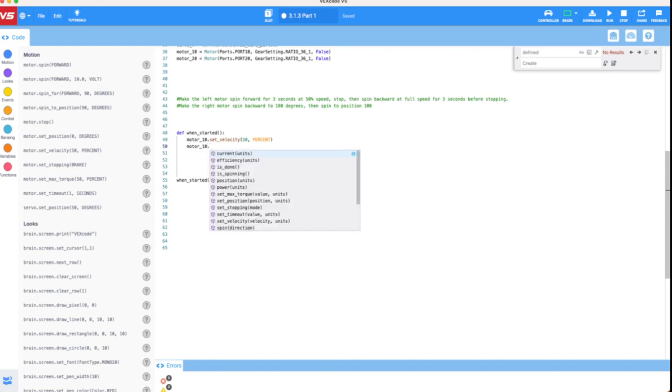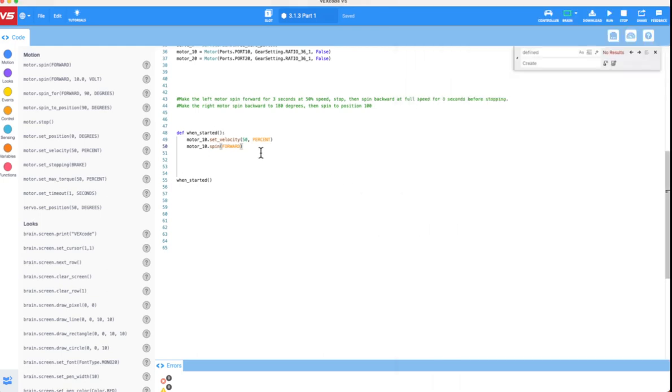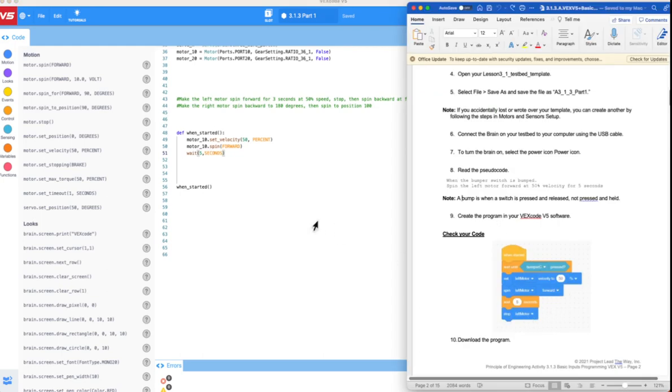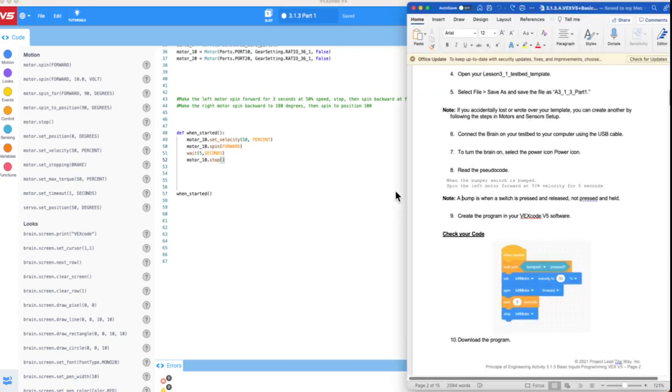What do I want to happen? So this is the object. The method is spin. It says direction forward. Next it says wait for 5 seconds. All right, we know how to do that. Wait unit 5 comma seconds. Next part is stop left motor. Motor stop. All right, so we have to do this portion up here where it says wait until bumper